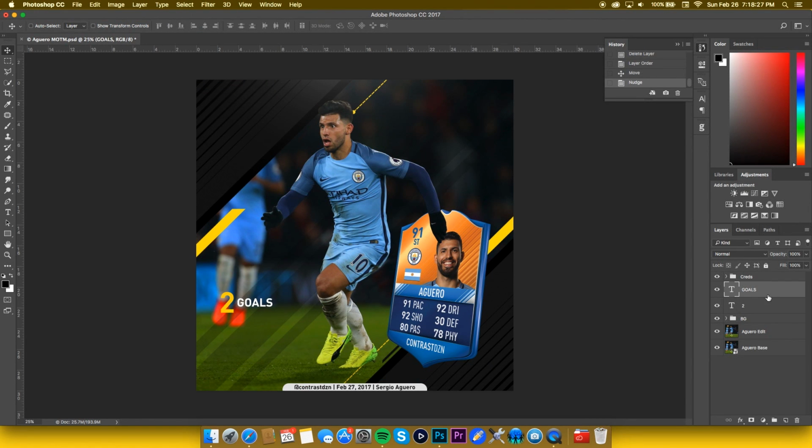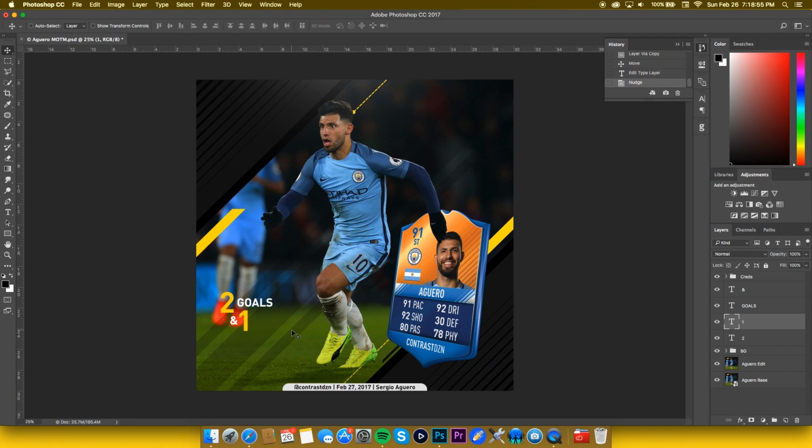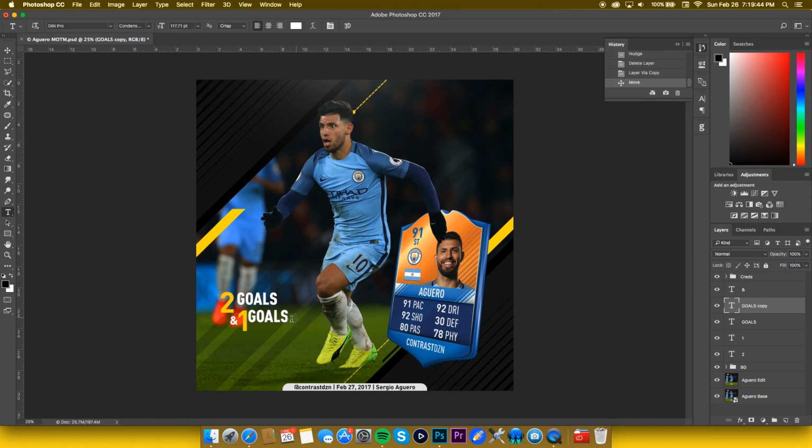So move goals up, and then we want to do layer copy 2 and 1, and then copy goals. 1 assist. So what we want to do is raise this font from DIN to DIN Pro Black condensed, and lift that up, and then actually delete assist, command copy goals, and change that to assist,